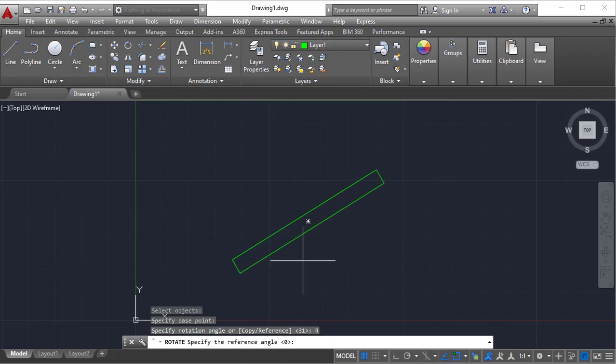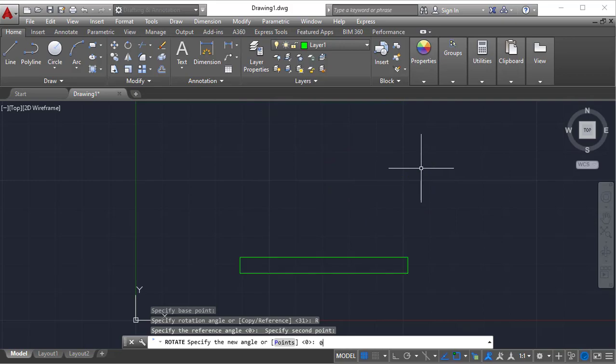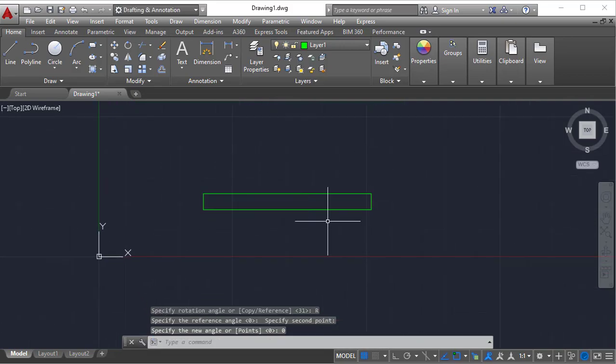Now you can specify the reference angle, but you don't know that angle. Simply click on these end points. With these points you can track that angle. Now you can specify the new angle. I want a horizontal position, which means 0 angle. Click enter. See, now it has gotten back to the original position, right?